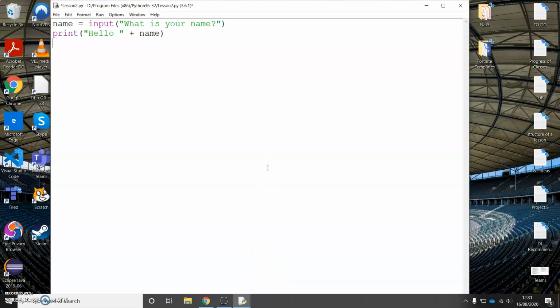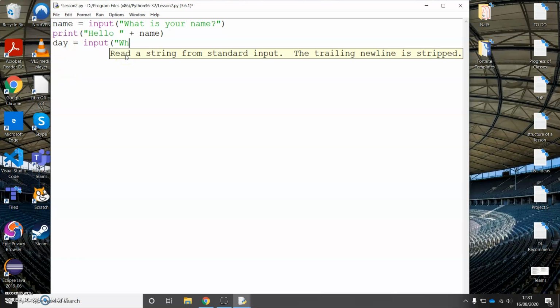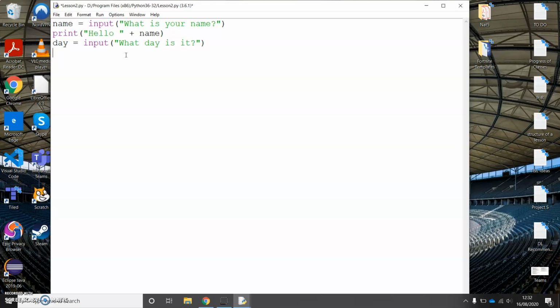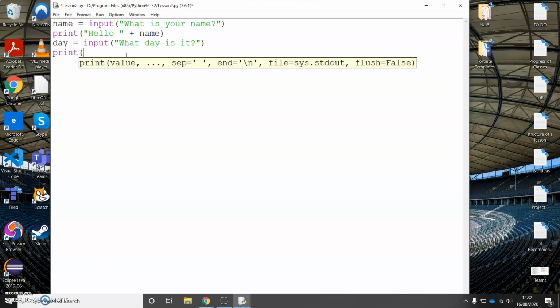Next thing we're now going to do is ask another question. We're going to ask the user what day it is. So underneath the third line, I'm adding another question. What day is it? We get it from the user, and it'll store it in the variable day. And then depending on what you say, we're going to print out a message. I hate